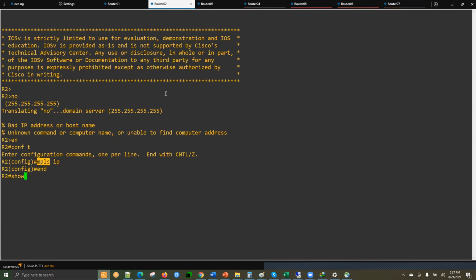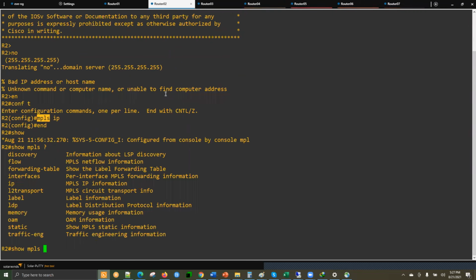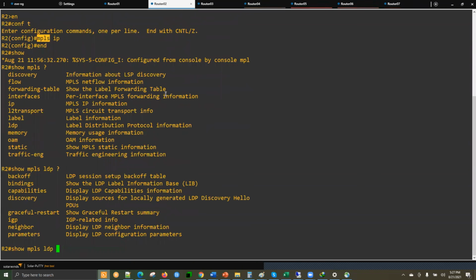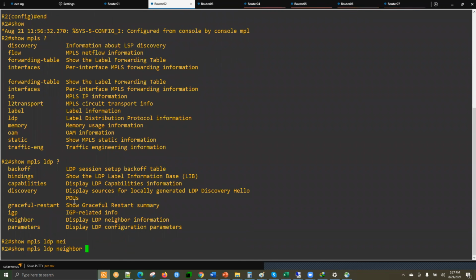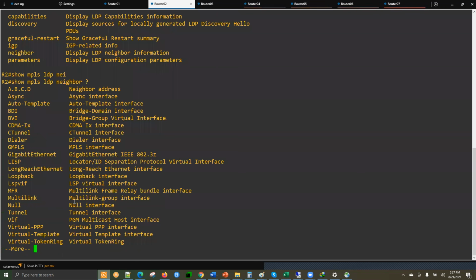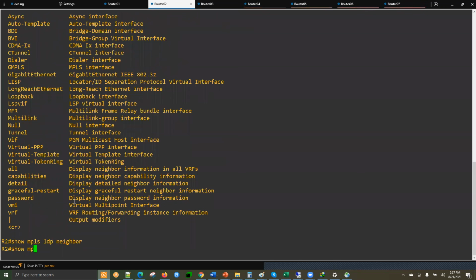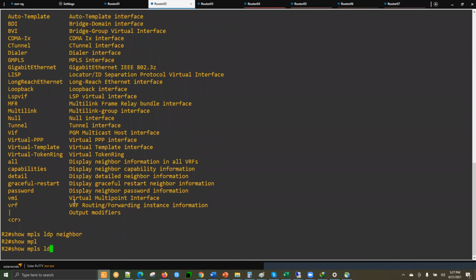I can check show MPLS, and you can type question mark. You can see various options are there. LDP, and with LDP, let's see what options we have. So you have the neighbor. You can check the neighbor. You can check the bindings as well. And basically we want to check the binding. So show MPLS LDP binding,